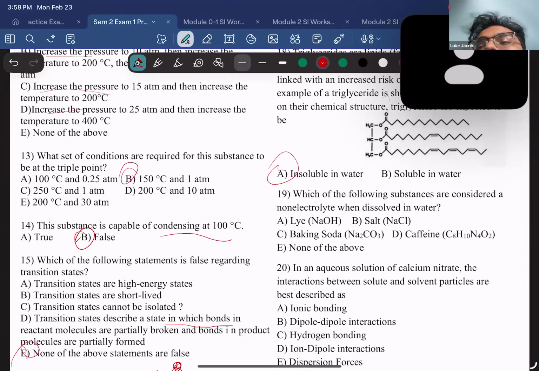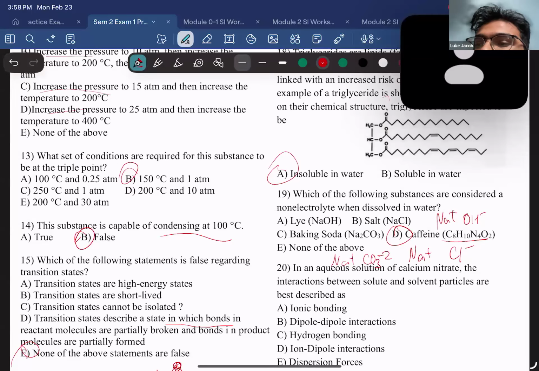So we see sodium hydroxide will produce Na plus and OH minus. Salt is going to produce Na plus and Cl minus. Sodium bicarbonate is going to produce Na plus and CO3 2 minus. Caffeine is a non-electrolyte. We have never seen an example where this would produce an ion, so that's why it's